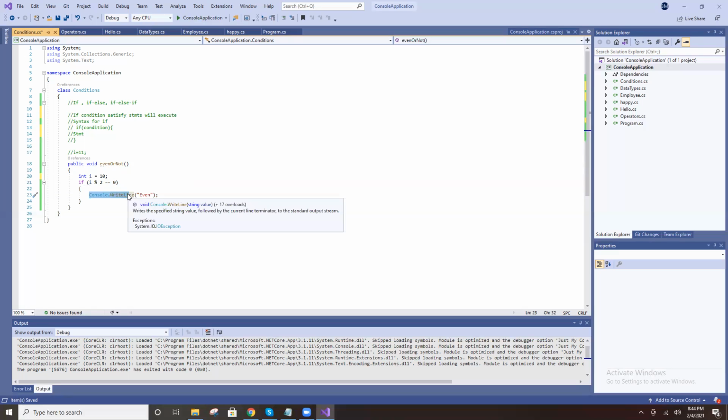Coming to within the loop, otherwise outside the condition accepted. So I modulus 2 means 0. 0 equal to 0 means true, right? So the statement will execute. If I is 11, it's not going to execute. I modulus 2 means 1. 1 equal to 0 is false, right? So this statement will execute. Okay? Got it. Clear, right?